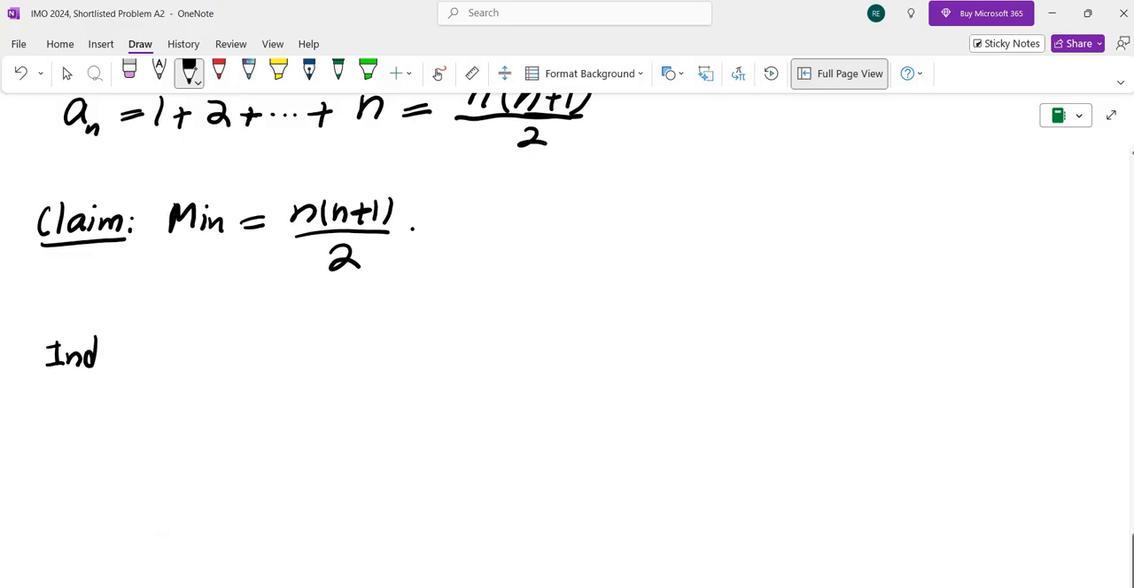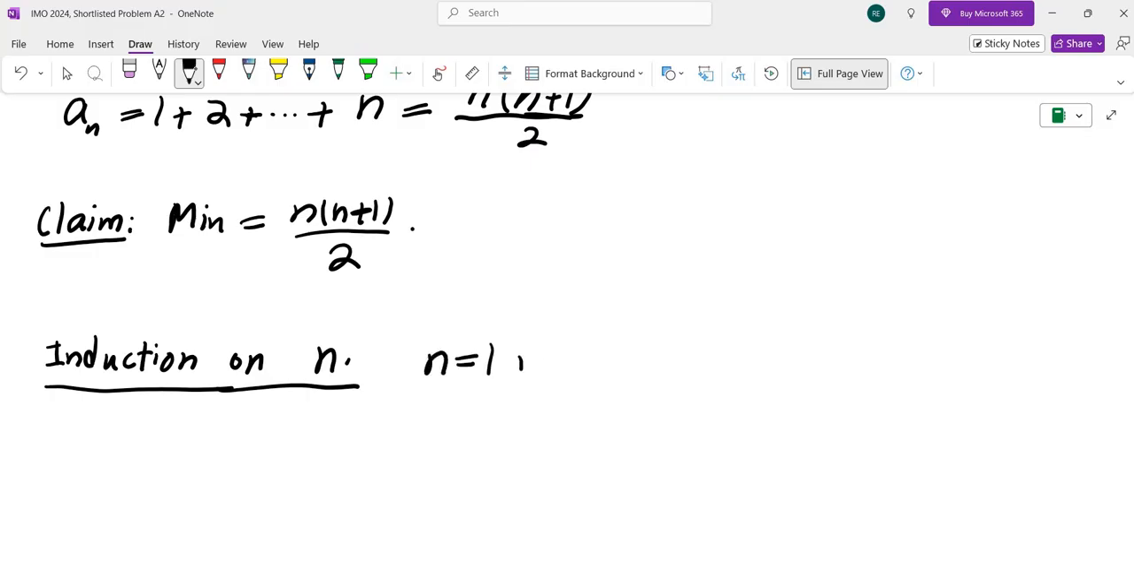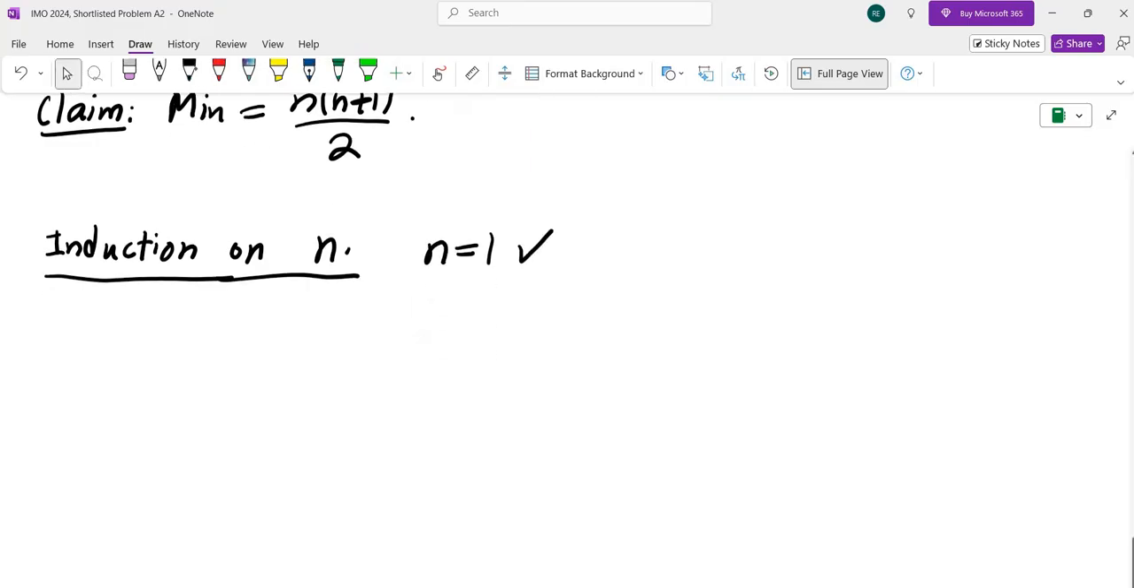So for n equals 1, we already proved this one. So we're going to go ahead and prove the inductive step. For the inductive step, we established that if you want to find a_n, which is the minimum for n, we have